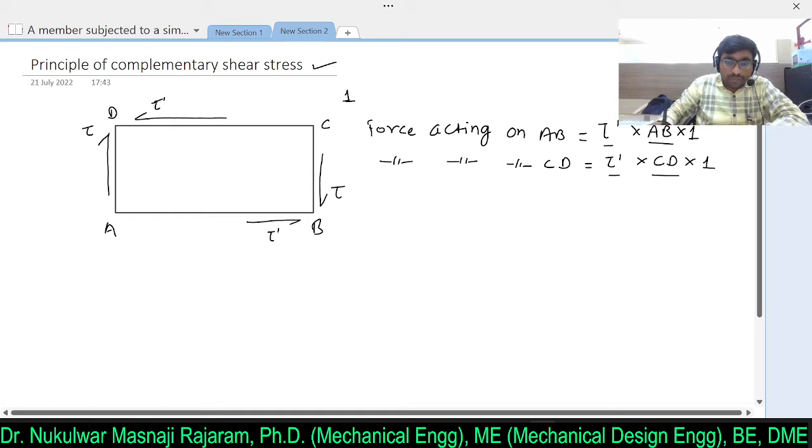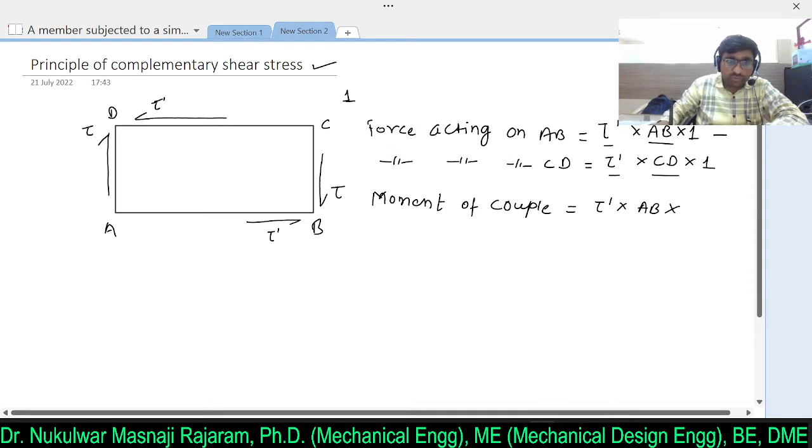So I would like to evaluate the moment of couple. First we will see the moment of couple due to one of the forces. Now here I will consider this force, which will be equal to tau dash into AB into